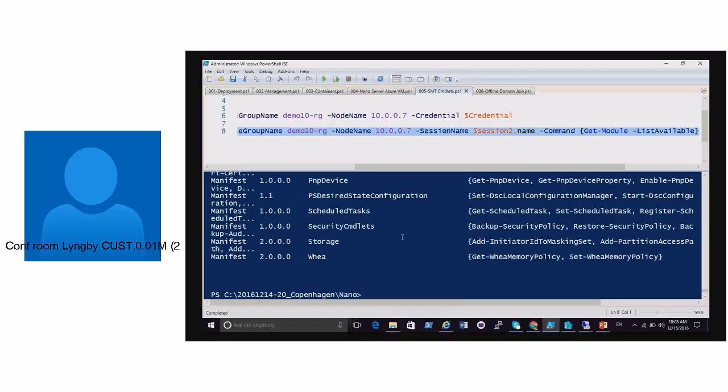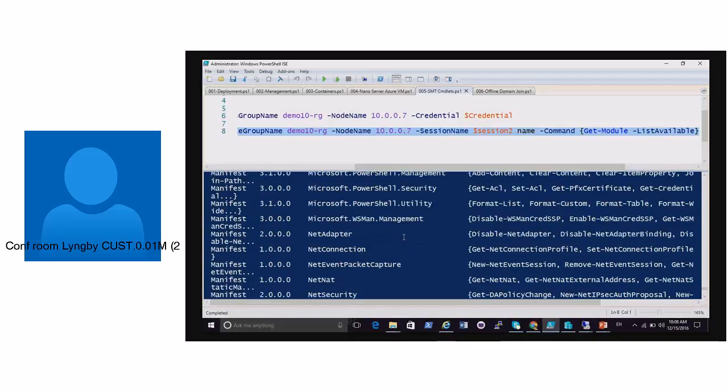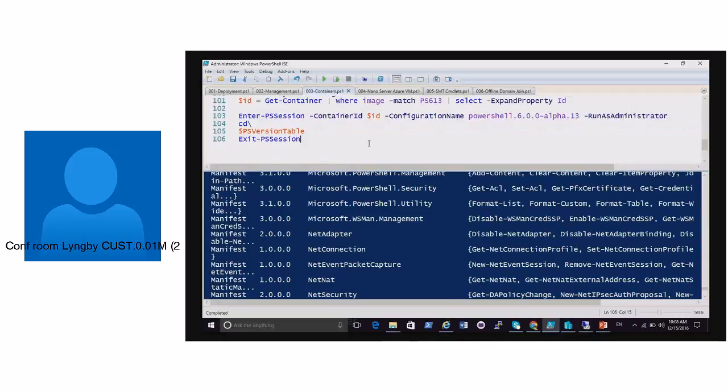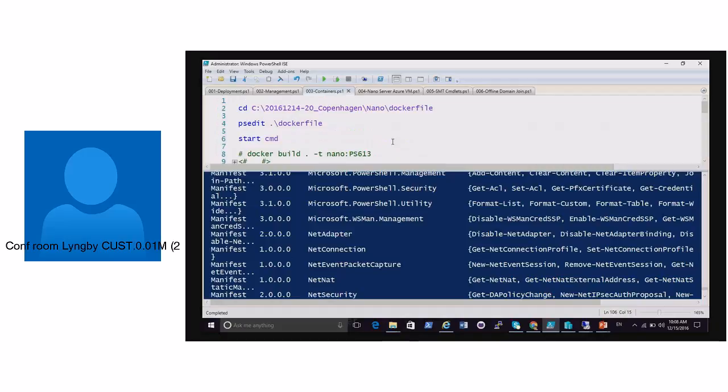So you can see we have a list here of all the modules on that remote machine. We can execute whatever we want here. There's one more thing that I mentioned here. I mentioned containers. So I want to show you something cool that I created to test the open